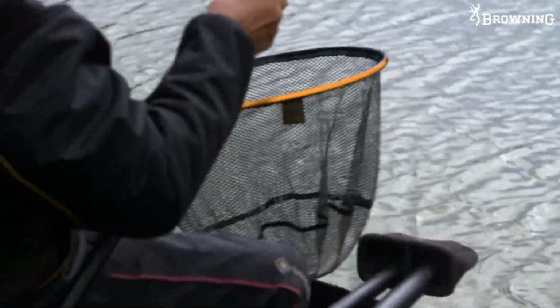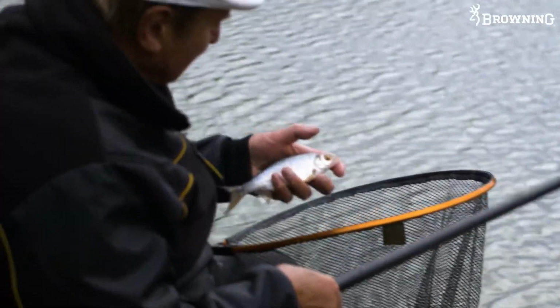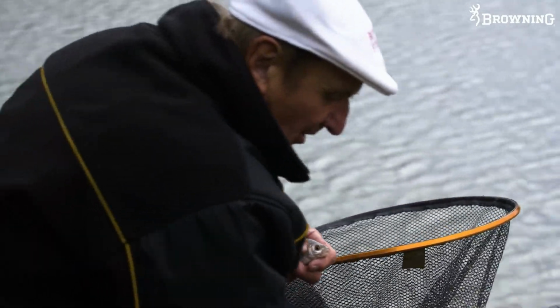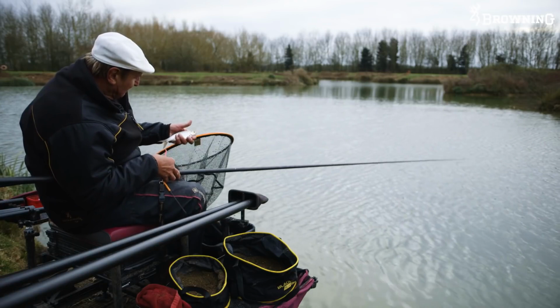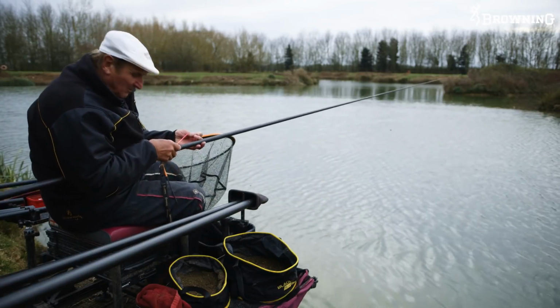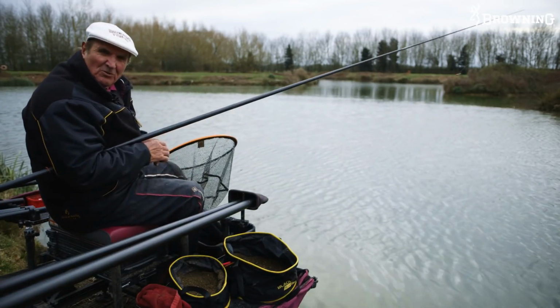It's a roach. Roach and skimmers, that's what we're after. This is a lovely little roach, this one. Sometimes if you come in on a closer line, if the fish are there, you can catch them a little bit quicker. Beautiful roach. And where I'm fishing is about 3 meters deep,